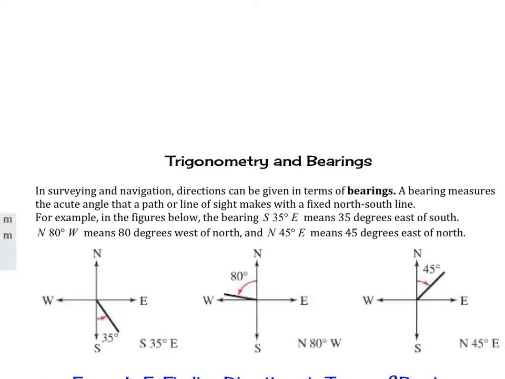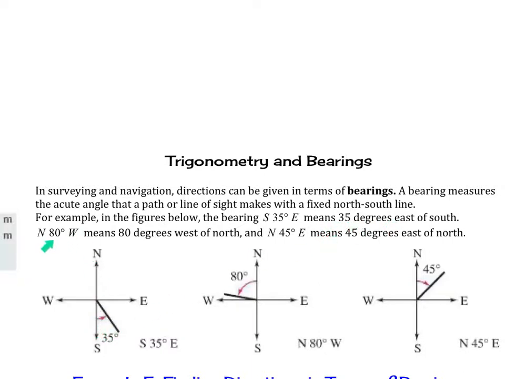So now we're going to look at trigonometry and bearings. In surveying and navigation, directions can be given in terms of bearings. A bearing measures the acute angle that a path or line of sight makes with a fixed north-south line, so our y-axis here. For example, in the figures below, the bearing south 35 degrees east means 35 degrees east of